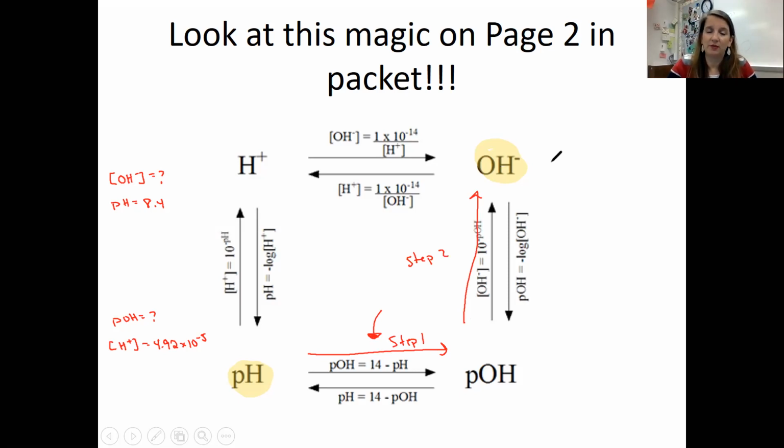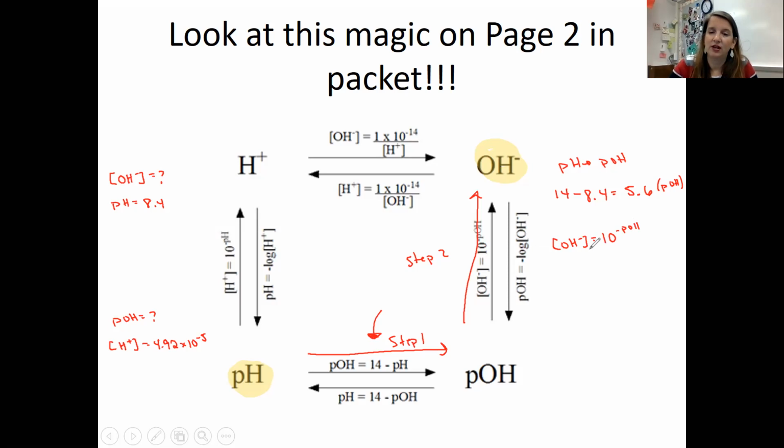So first I'm going to go from pH to POH. So I'm going to take 14 minus my pH of 8.4, and that's going to be 5.6. This represents my POH. Once I have my POH, it tells me I'm moving up to get to my hydroxide ion concentration. I'm going to take my 10 to the negative